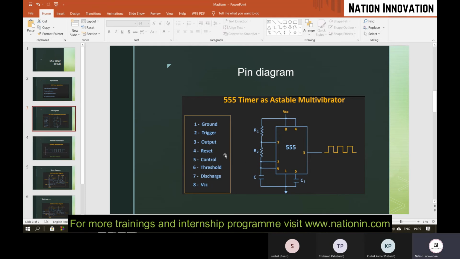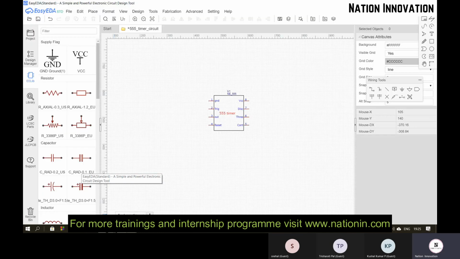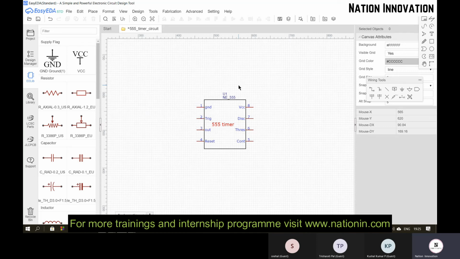So let us connect this. Firstly, we can see that the 8th and 4th pins are shorted and connected to VCC. Quickly, I will complete this schematic, and tomorrow we will go through the layout.